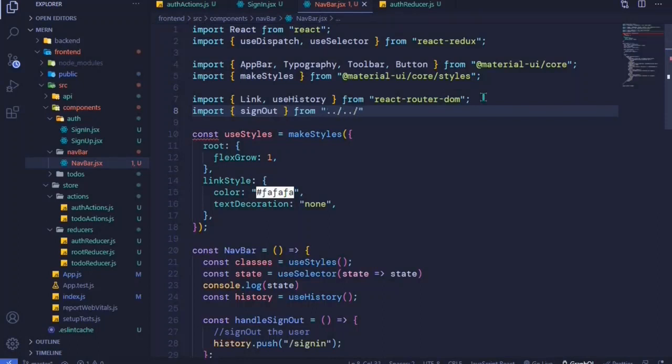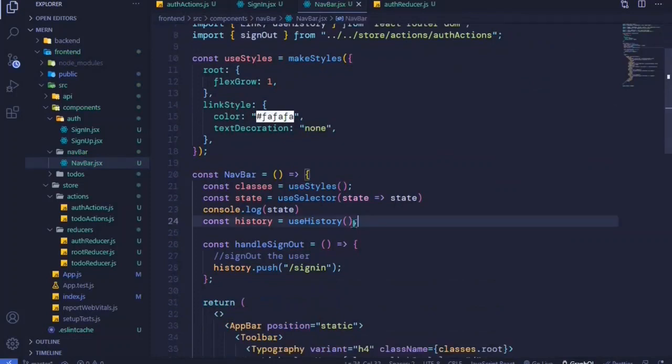So I go to the store, I access the actions, and then I access the auth actions, just like that,